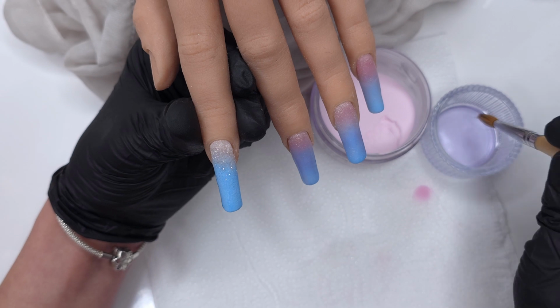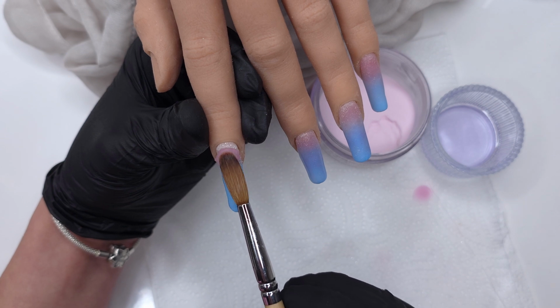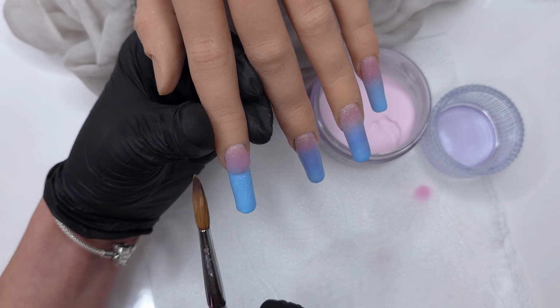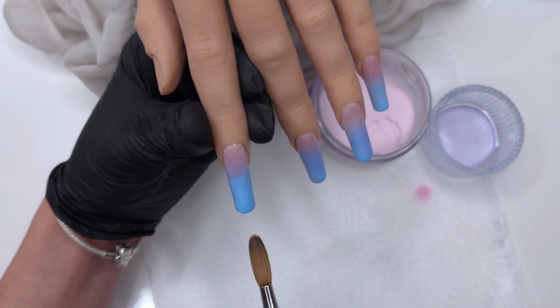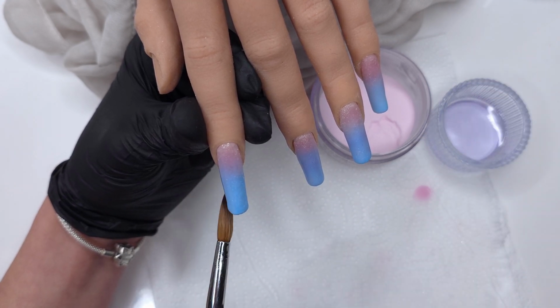This set wasn't actually necessarily going to be a video. Sometimes when I'm doing acrylic practice, I will record it anyway, and then if I want to turn it into content, I will. So I wanted to have a practice with the Model Ones acrylic, but I wasn't sure how these were going to turn out. But I've decided to upload it to YouTube anyway,